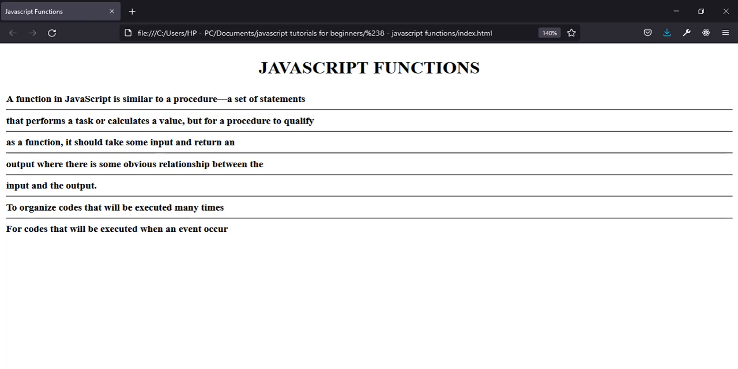Okay guys, so let's talk about JavaScript functions in this tutorial. What is a JavaScript function and what are its uses? A JavaScript function is similar to a procedure, a set of statements that performs a task or calculates a value, but for a procedure to qualify as a function, it should take some input and return an output where there is some obvious relationship between the input and the output. I got this